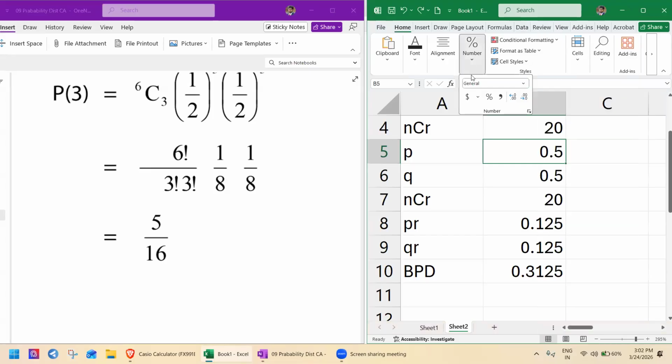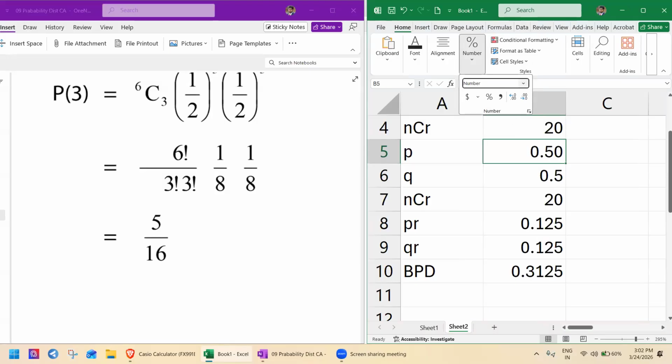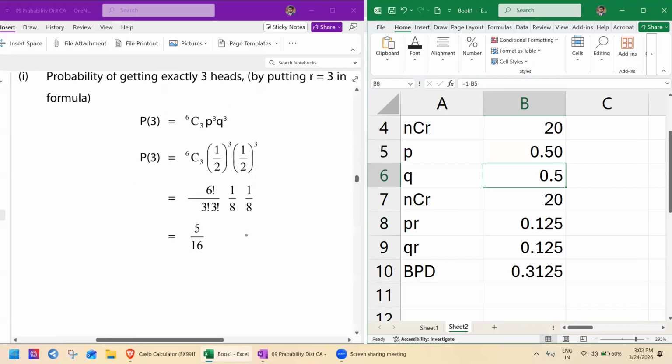Should be down, right? 1 divided by... right. And the second question,